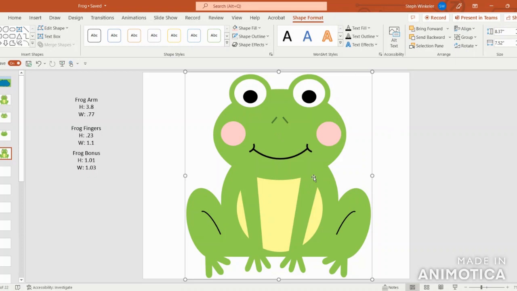Now the frog is complete, but stick around in a little bit. I'm going to show a video, and I'll show you how we can add our frog to our little pond